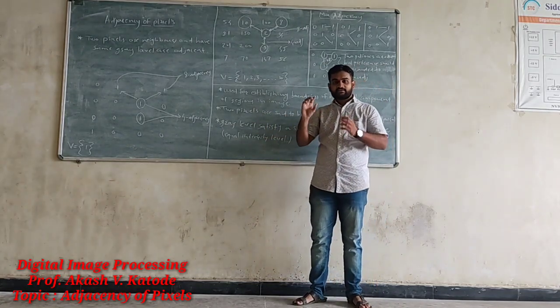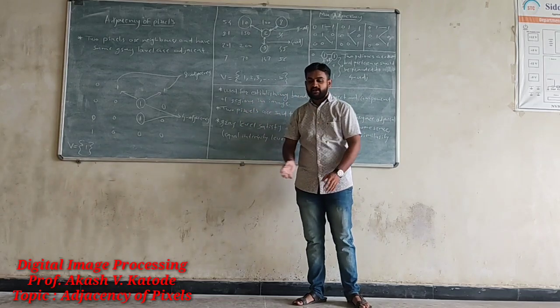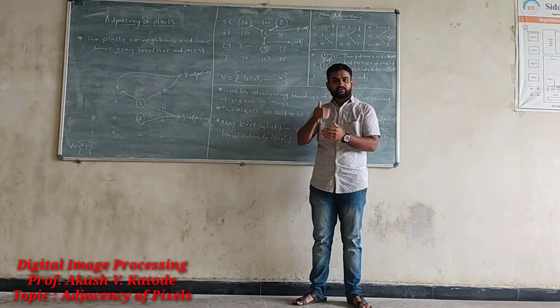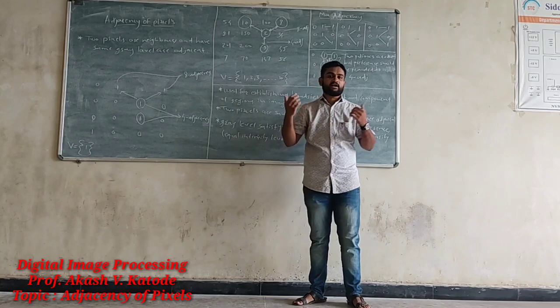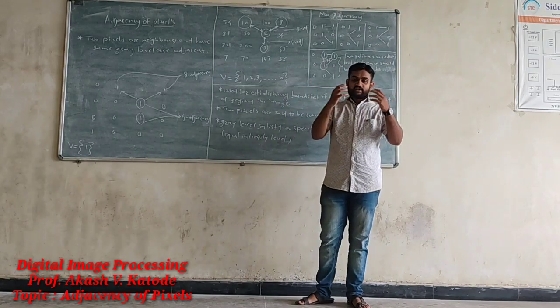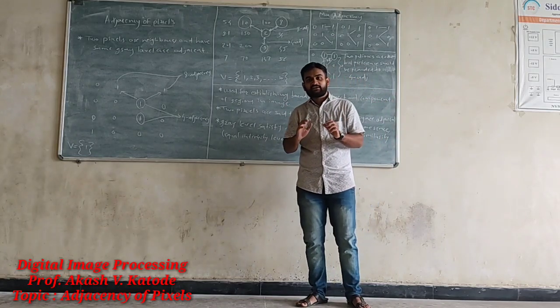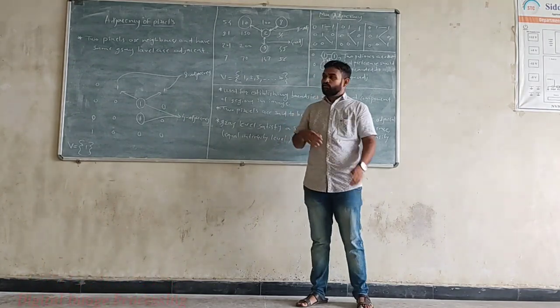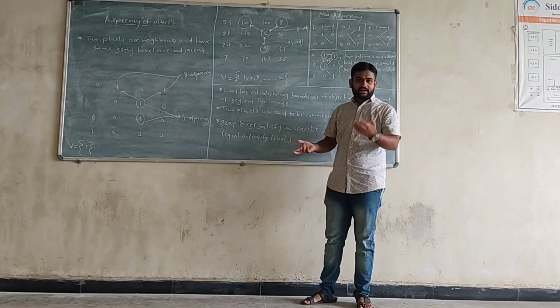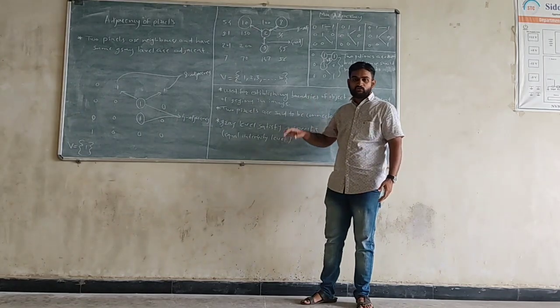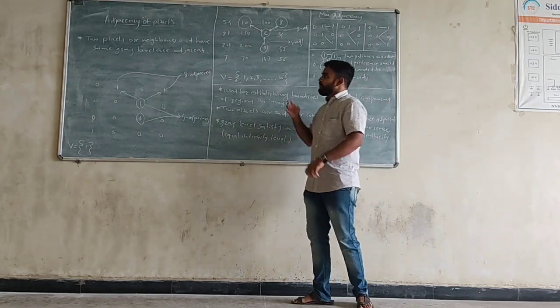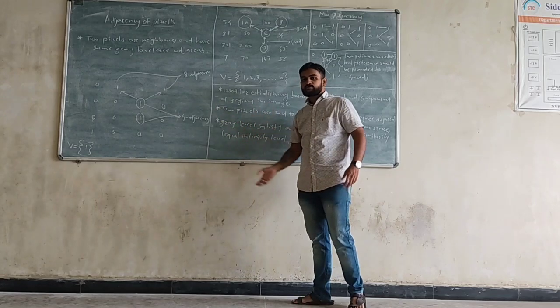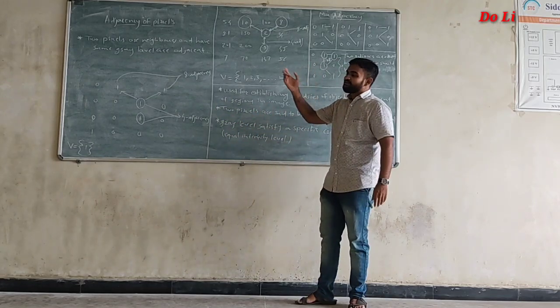In the sense they are adjacent in some manner. Maybe one pixel is identical with another pixel, or it is arranged in a 4 neighborhood, or it is arranged in the 8 neighborhood, or maybe it uses both neighborhoods, which is ultimately called mixed adjacency. So 4 adjacent, 8 adjacent and mixed adjacent are based on the pixel neighborhood. In this video lecture we are going to start the discussion with adjacencies of the pixel.